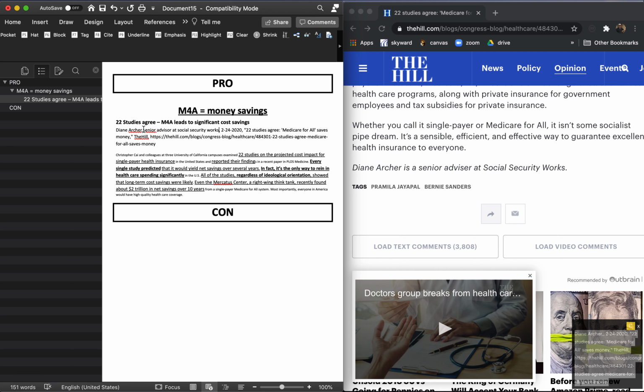The Hill is pretty well known and pretty reputable. It's a good research site. It covers news that is relevant to Capitol Hill or Congress. Since most people know what the Hill is, and I don't think Diane Archer being a senior advisor at Social Security Works adds any additional credibility to this article, I'm just going to go with the Hill